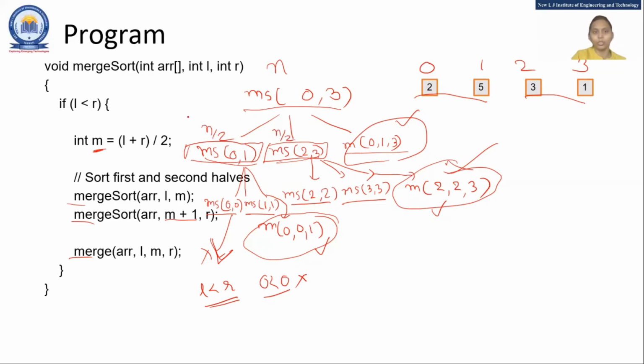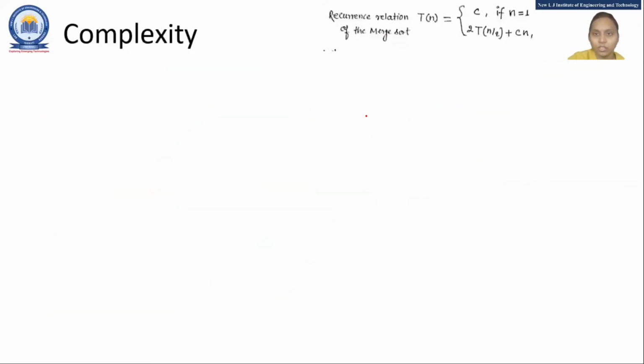This is true in the case of merge sort. We are always dividing with the help of the middle element, so it is always a half. So the time complexity of n depends upon n by 2: it is 2 times T of n by 2 plus something constant, cn. This happens when the size of your list is more than 1. But if the size of the list is 1, then constant time is what you require to perform the operation.